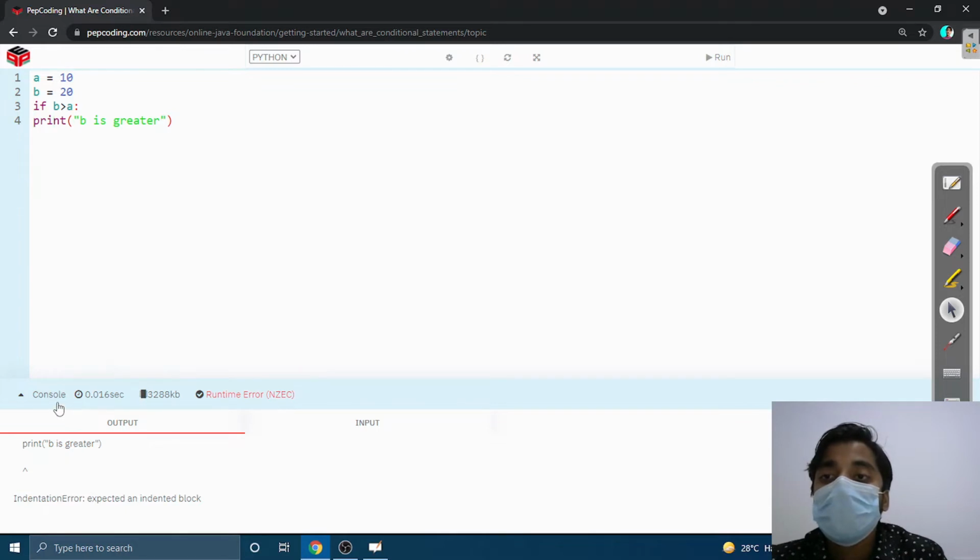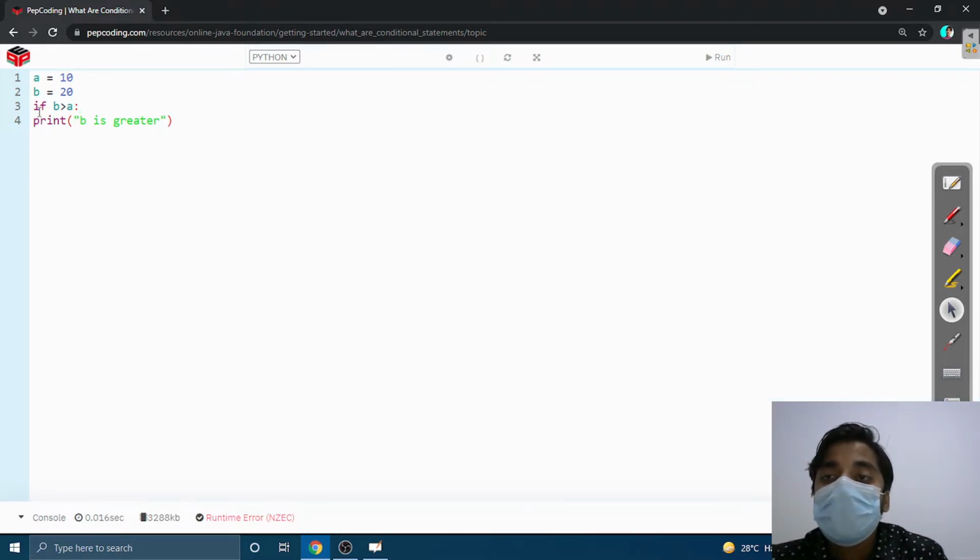This is given because we don't know the scope of this if condition. In Python, it checks the scope of the statement by the spaces after the statement. This is an if statement, and the statement after it belonging to the if is this print "b is greater".